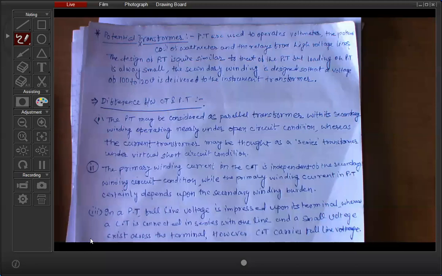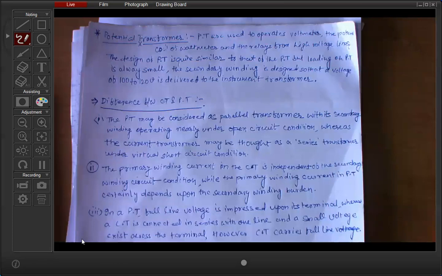In the last class, I told you how you can use a current transformer, and that generally the output current is in the range of 1 ampere or 5 ampere. For example, suppose one current transformer is rated 100 by 1. That means it steps down 100 ampere current to 1 ampere. And I told you in the last class a current transformer is one type of step up transformer. So now today we will discuss a potential transformer.